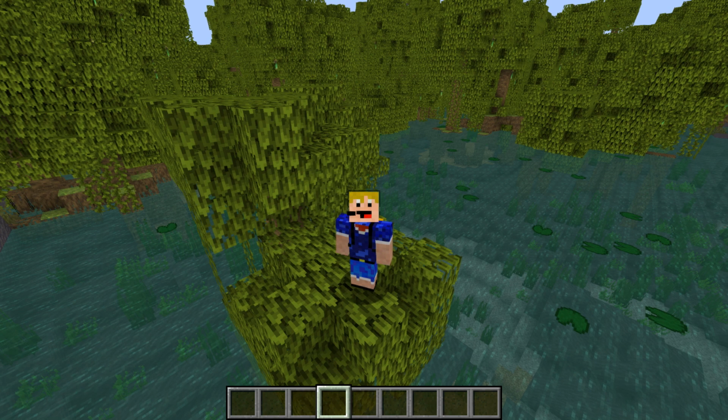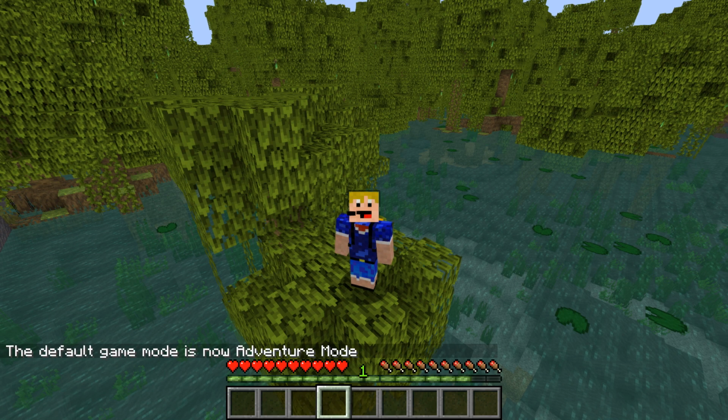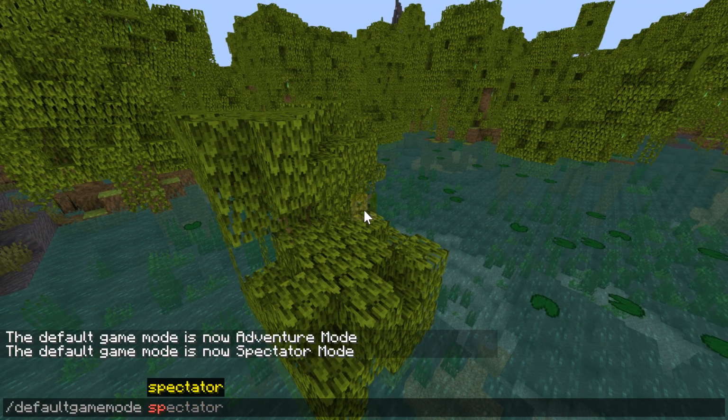And then there is one final way to switch your game mode, and that is using the /defaultgamemode command. This will just set the default game mode of your world, but also set you to that specific game mode. So let's say we want to go to default game mode adventure, then we ourselves also go into adventure mode. We can go into spectator with this command as well,